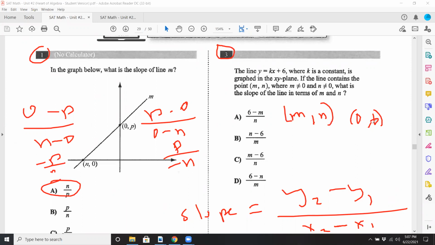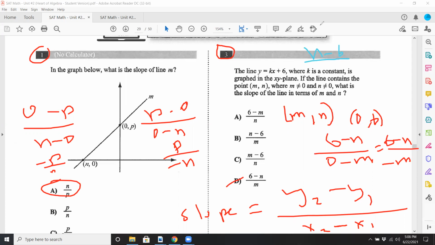Again, the order in which you do it, n minus 6 or 6 minus n, I don't care. Just be consistent. So let's say I do 6 minus n, then I'd better do 0 minus m. So 6 minus n over negative m. D is not going to work because I need a negative m there. It looks like they reversed it. So in this case, I'll do it the other way around: n minus 6